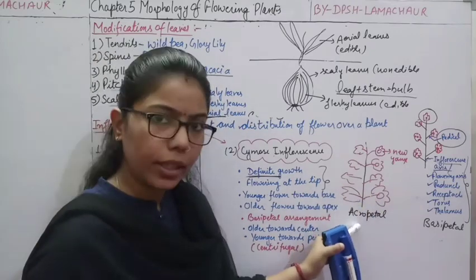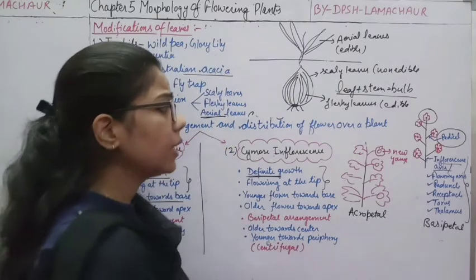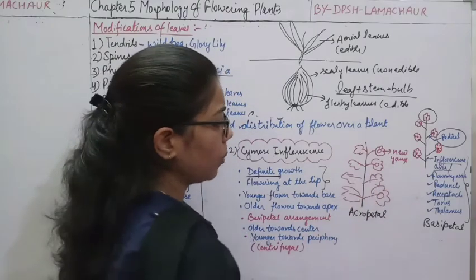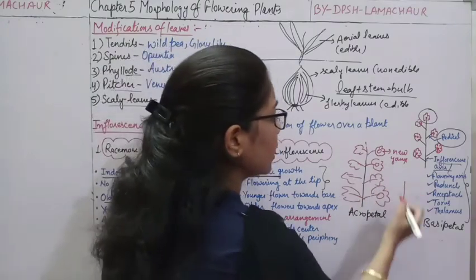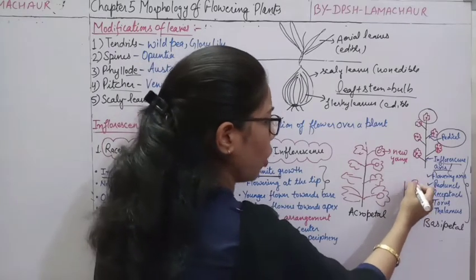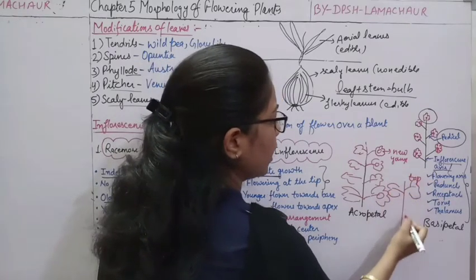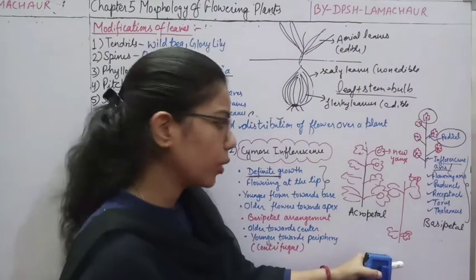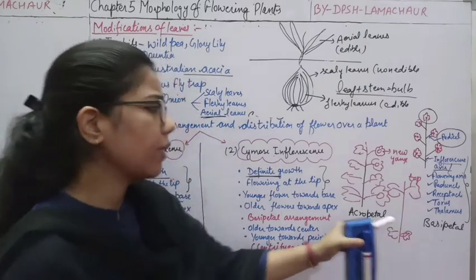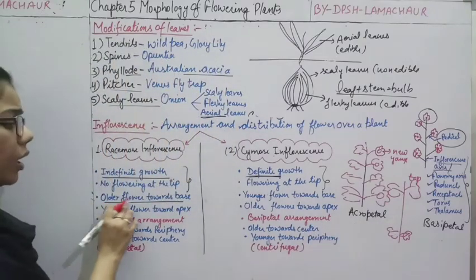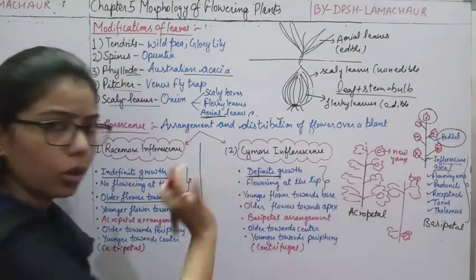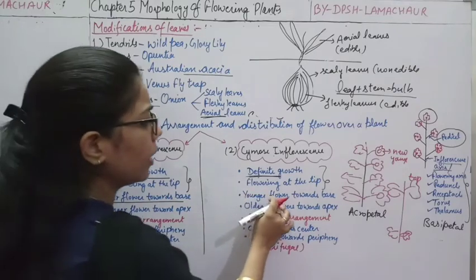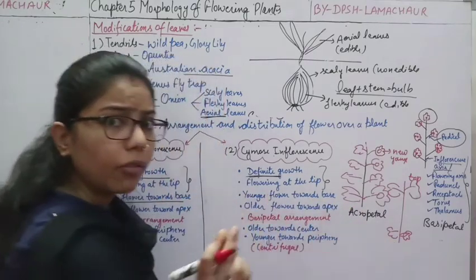This is acropetal. And what is basipetal? Basipetal means that descending order from bigger to smaller. It means that just opposite to this acropetal. What happens is that there is the larger flower at the top, and the smaller flower which is the younger flower at the base. So this one is acropetal as well as basipetal. The same thing we have written: the older flower towards the base, and the younger flower at the apex. Here younger flower towards the base, small. The younger flower will be the small.